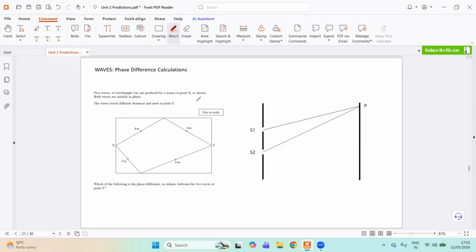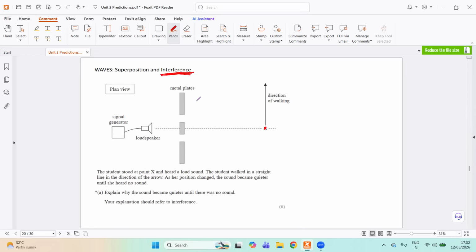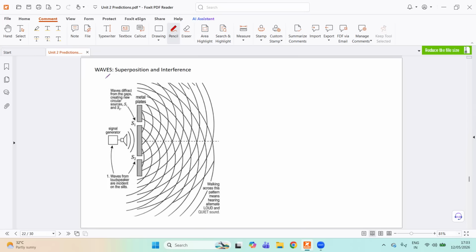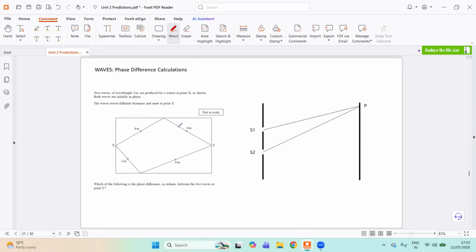Sorry, this is what's happening. This is how the whole thing progresses. Okay, so I want you all to go through this concept very carefully, because it's been years that they have not asked a question regarding this. And when it comes to superposition, what they have been asking so far continuously is the standing wave questions. And by the way, what I wanted to show you was from these two slits, this is how the waves come out of the slits, diffract and superpose. And there can be some path difference calculations.